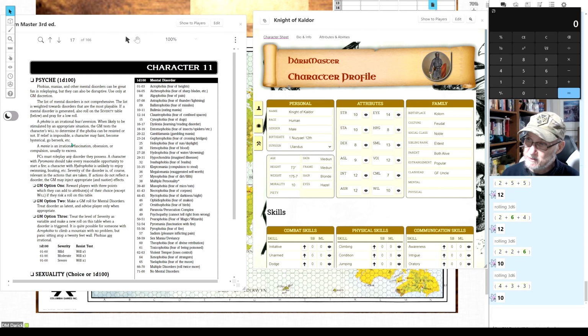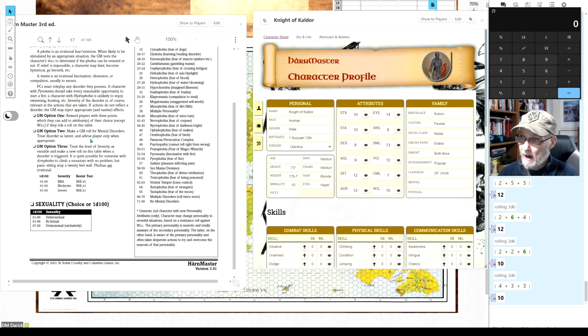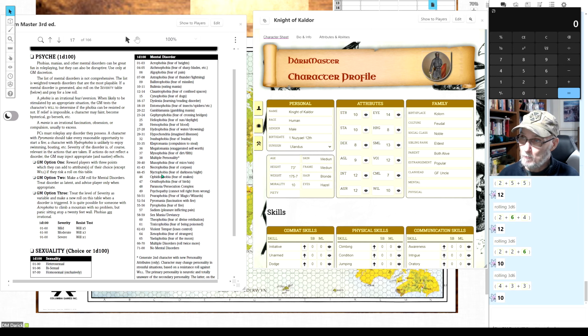Okay, and here's the psyche thing that I was talking about, where it's a mental disorder. You can roll mental disorders, but you'll notice that it's got a big block next to it saying it's optional. And for me, I'm not using it. I will give somebody phobias or mental disorders in the game. I might even give them to NPCs like this guy that I'm making right here. I don't see a problem with giving him a